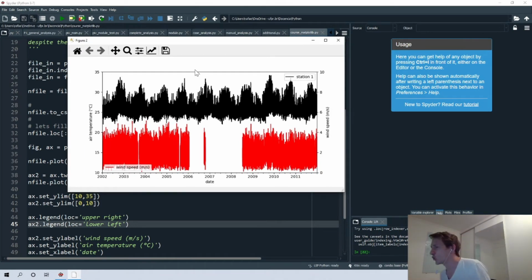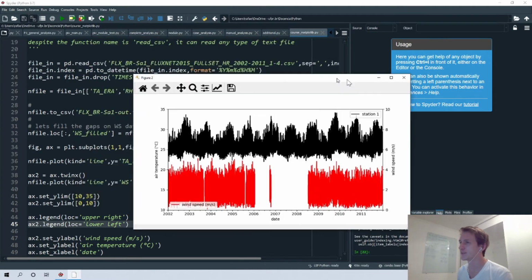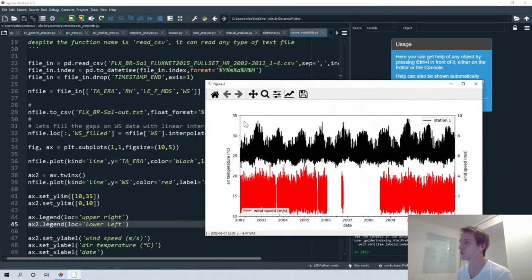Okay, so now we can create the second plot. If you want, for example, to include the variable of relative humidity in a second plot, not in the same graph, so you want to make the second graph but in the same figure.